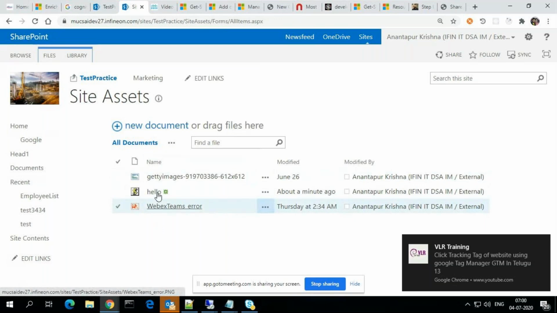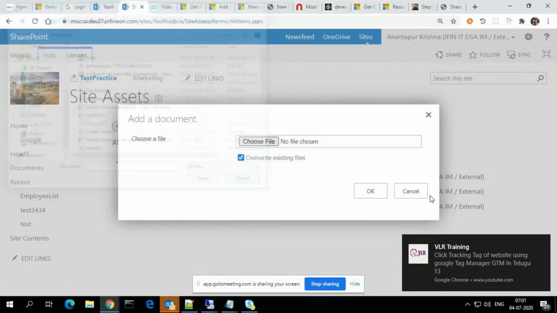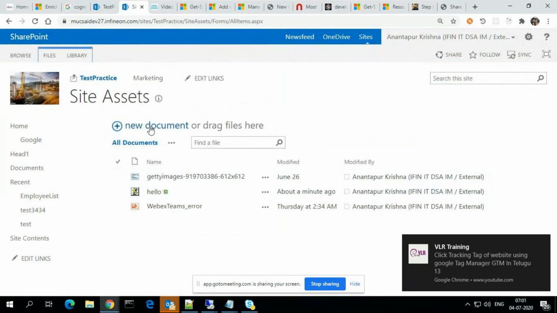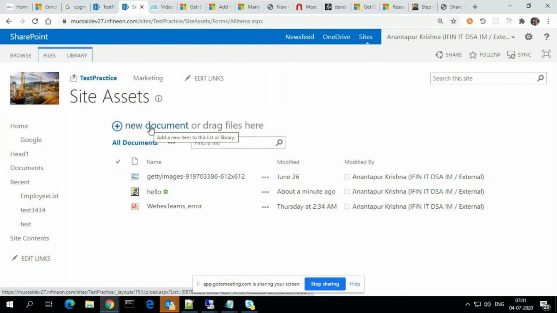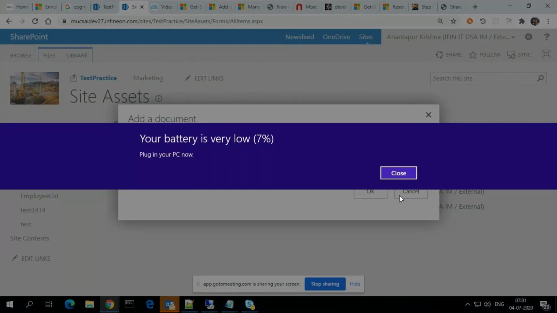From here we can also add a JavaScript file, right? Here, the hello script file. Click on new document. Here it will come as either choose file or like this. But with new file the JavaScript won't come here, only Word and Excel. I think every format should come, I believe. Can you remove this hello file and try again from here as a new document? See, it is coming like this. One second.